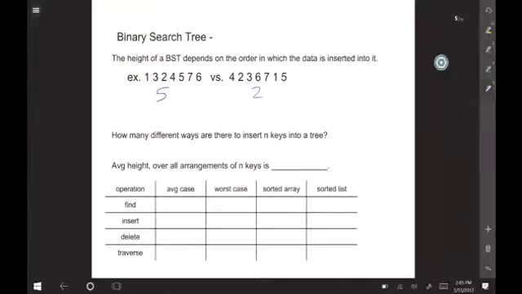N factorial, very good. Your data can come at you n factorial different ways. If you built the heights of all of those n factorial trees and you took the average tree height, you would get